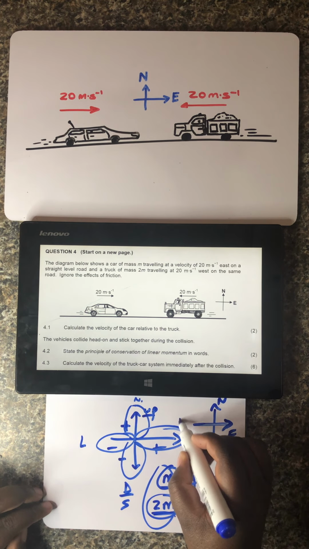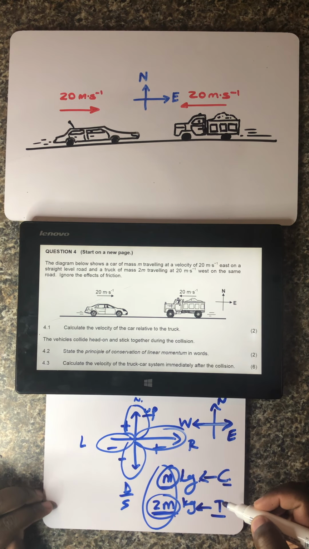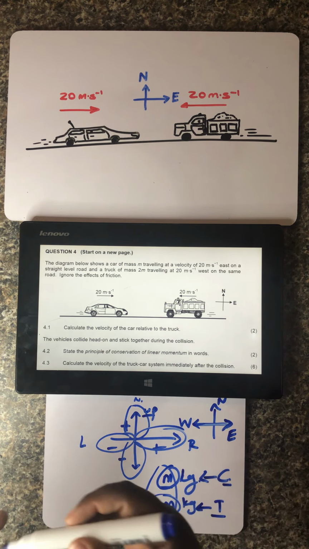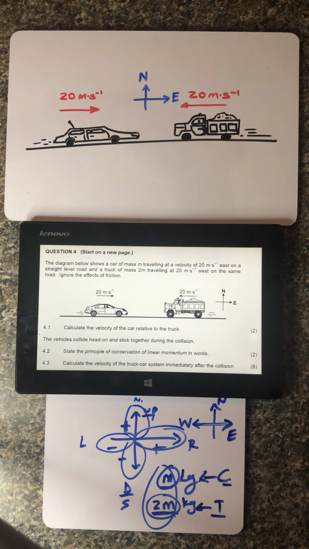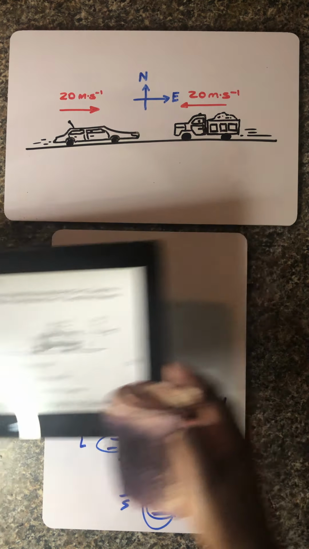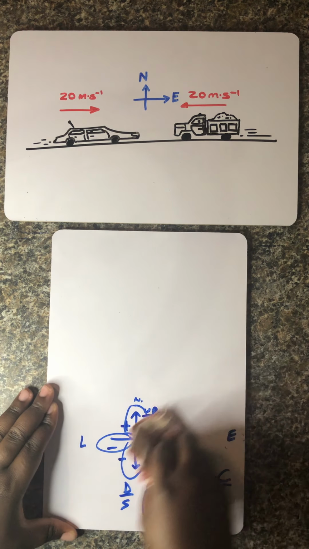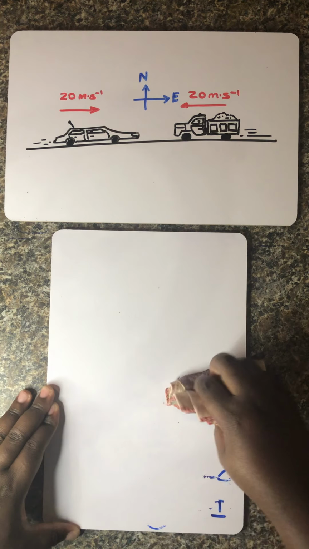So on this side it will be towards the west. Let's have a look at our first question. This will serve as a guide in terms of how to use the information in the given